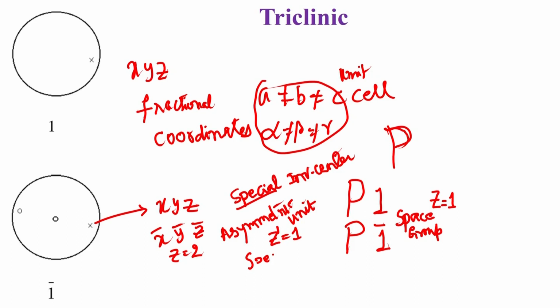Now, in a triclinic system, there are 2 possible point groups, 1 and 1 bar. The point group 1 represents just one position, and therefore, the number of objects in this unit cell is equal to 1. In the case of the P1 bar, the number of objects in the unit cell will be 2, defined by x, y, z, and x bar, y bar, z bar. If it so happens that the object sits at the center of inversion, then the number of the objects is z prime, which is equal to 1.